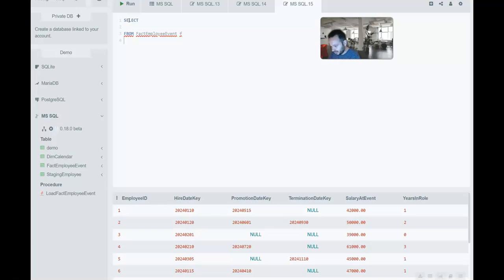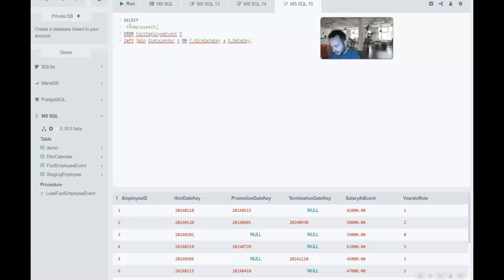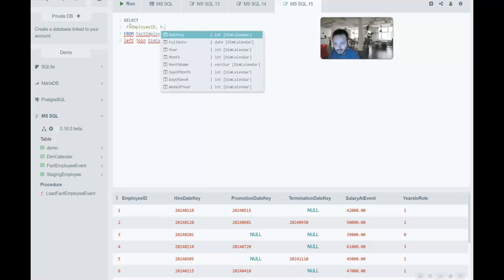So we will do a left join to our dimension table dim calendar, and let's call it H. Of course let's use only one example, which is the hire date. So if hire date key equals date key, let's select from F the employee ID, and let's take from H, our dim calendar,